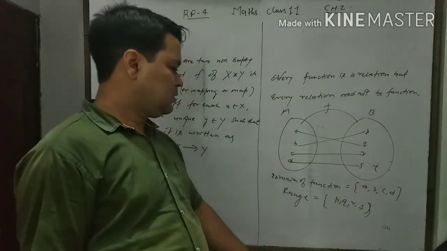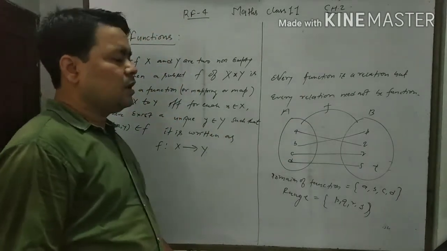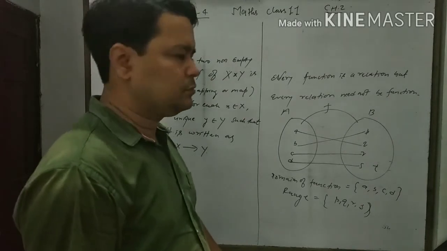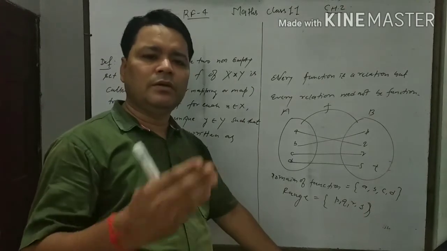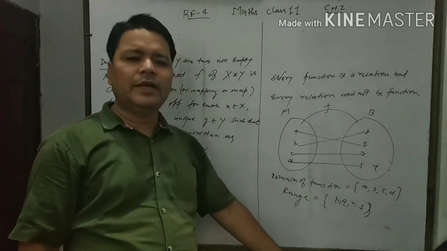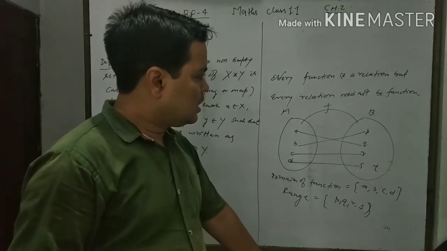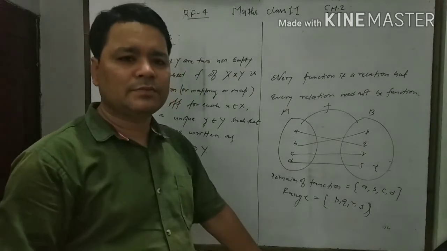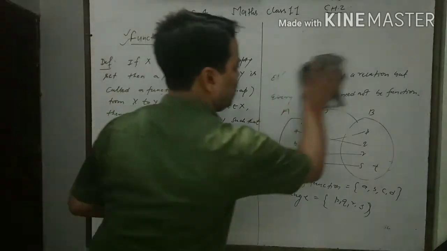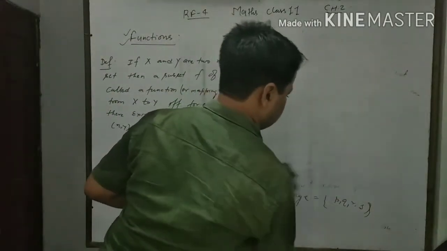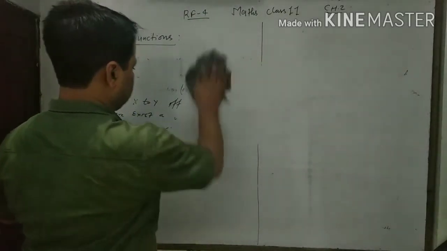Getting? It means in this way we can find which relation will be a function and what is the criterion for a relation to be a function. Again, an explanation with some examples. If we want to explain more about functions, one diagram is given in your book.